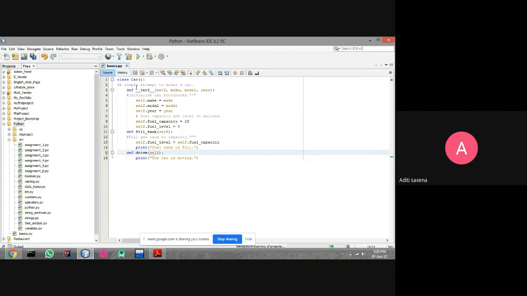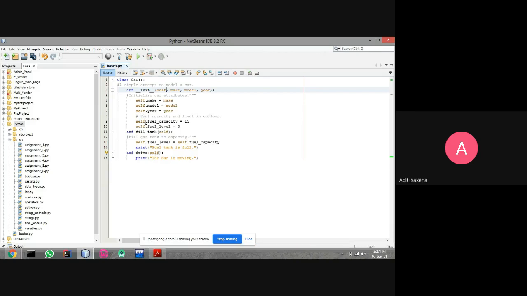Then the first function is the car model function. This self variable is not necessary in Python, it is only used from Python 3.7, but it is up to you if you want to use it. So what is that? self.make is make, meaning we are accessing the make value through self.make. Then self.model holds the model value, and here self.year is year.